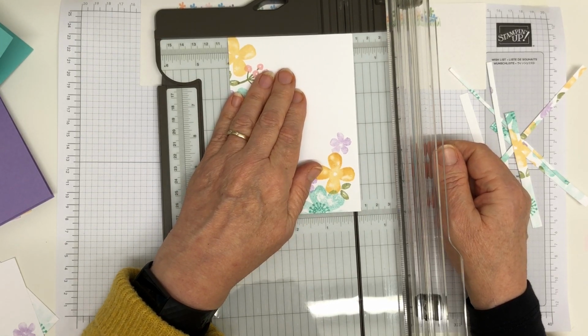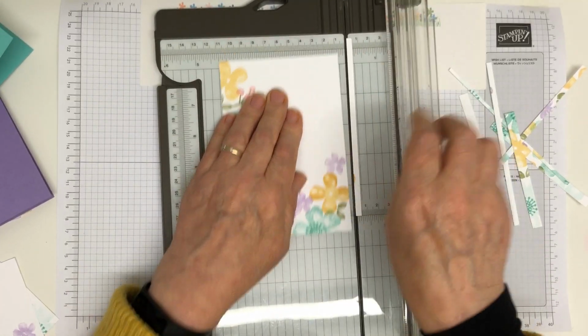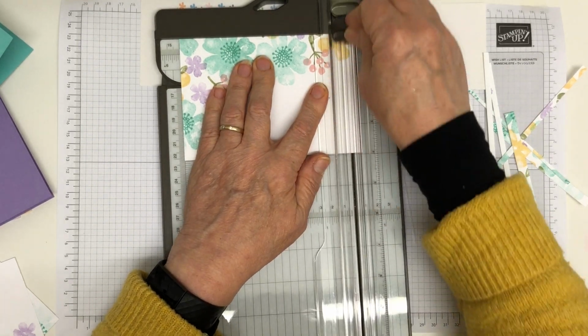These panels can go any way up on your cards. They can go vertically or horizontally. Up to you where you want to put your sentiments, and it's up to you what sentiments you want to use. I've made 2 thank you cards